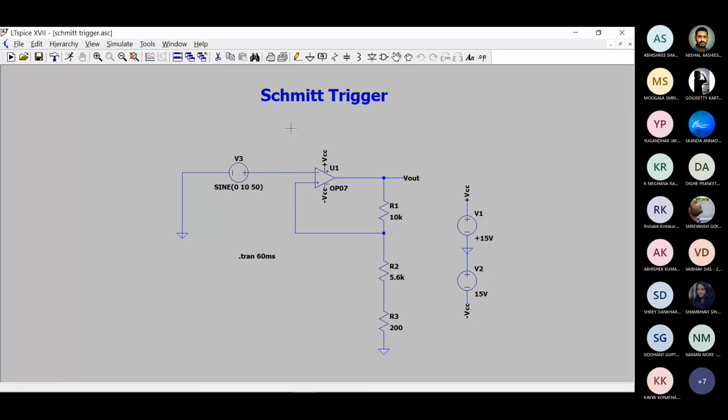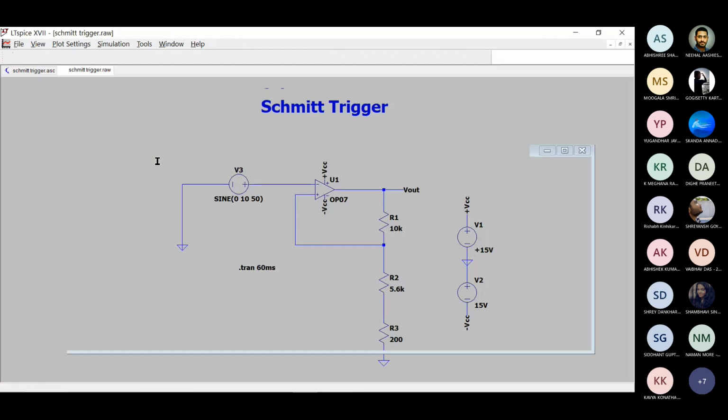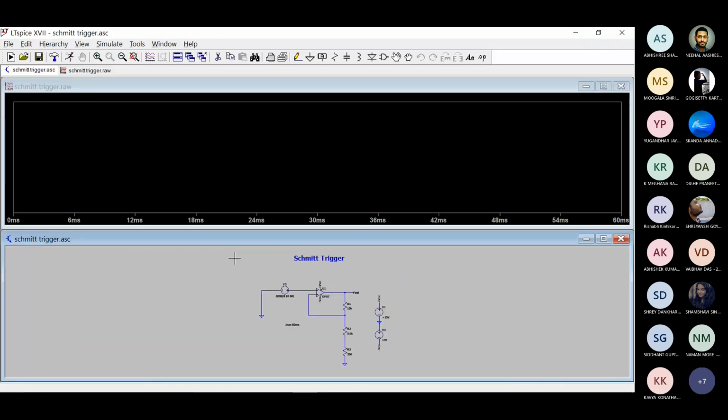So in a Schmitt trigger, we can set something called the upper threshold and the lower threshold. It operates in that particular band, and the distortion is pretty less when compared to that of a comparator, since there are two bands. So we specify an upper threshold and a lower threshold, and hence calculate the values accordingly. Basically, backtrack to get all the values required. The uses of a Schmitt trigger are that you can generate square wave, triangular wave, sawtooth waveform, and it's mainly used for signal conditioning.